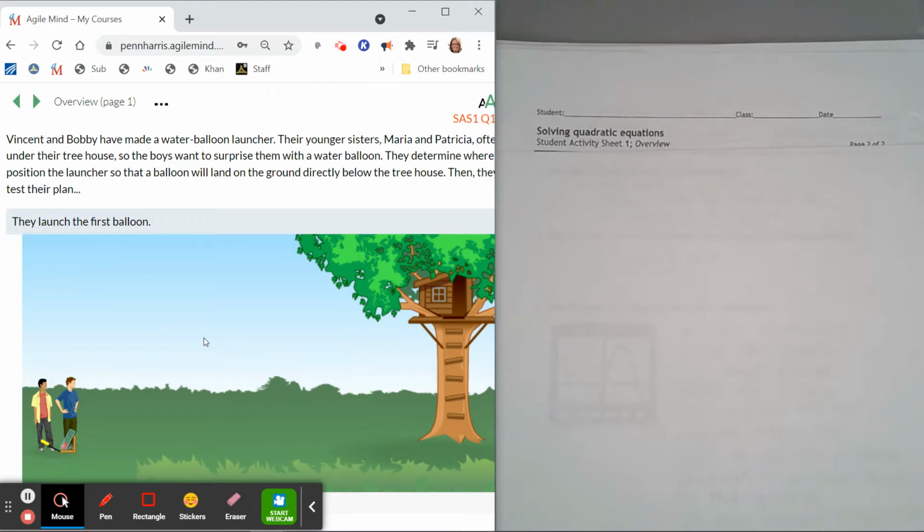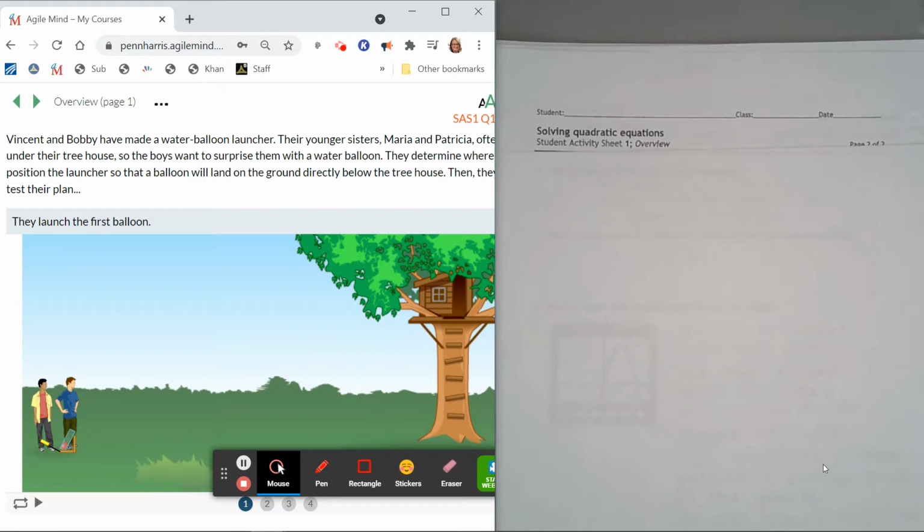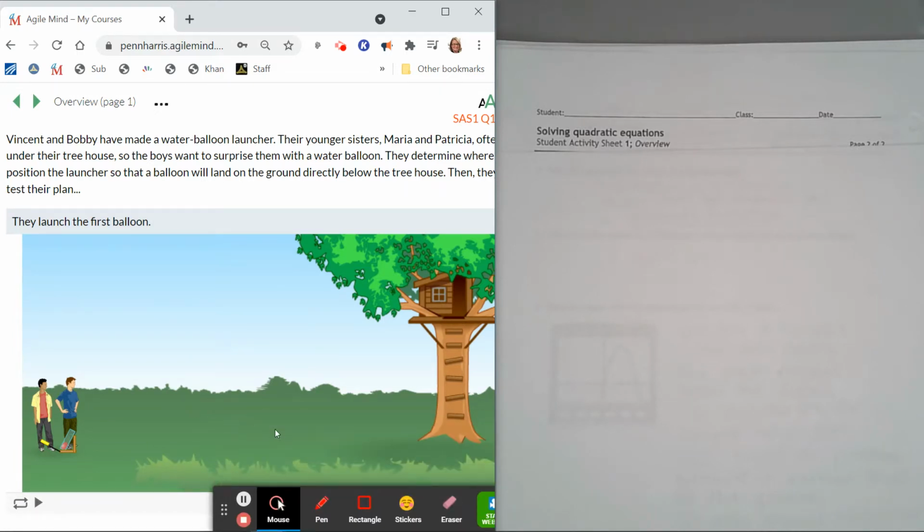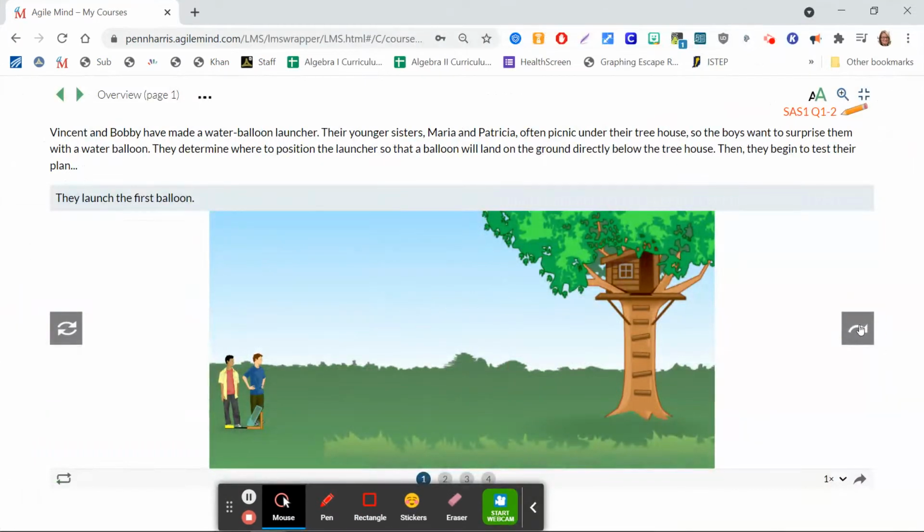So they want to know how long it's going to take for these water balloons to get to their tree house. So here they are practicing launching the water balloons. Okay. And so what they've done is they have come up with a